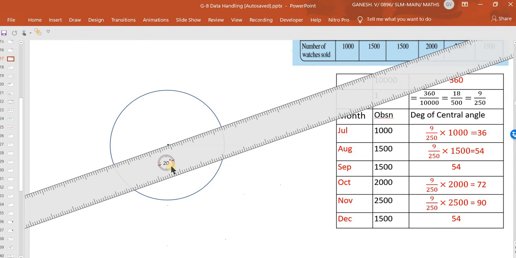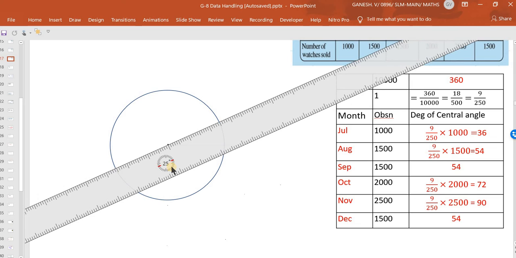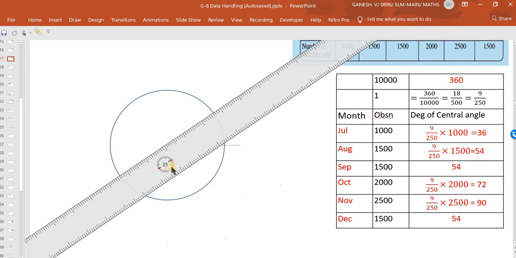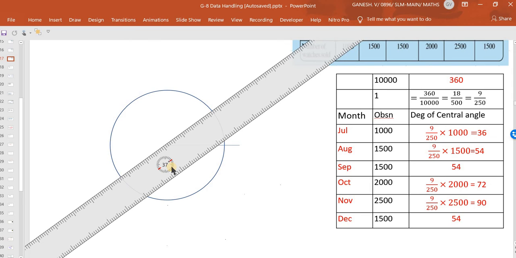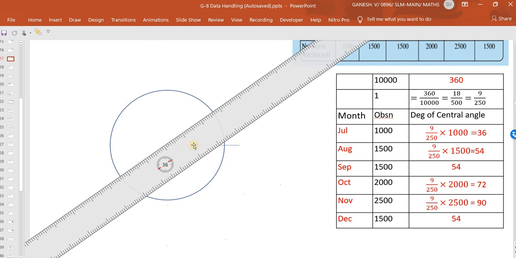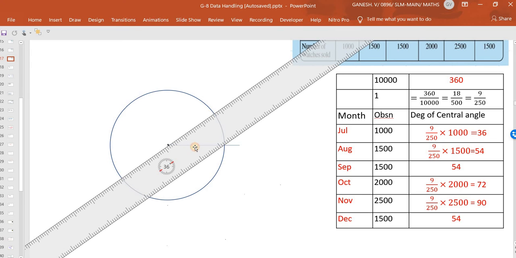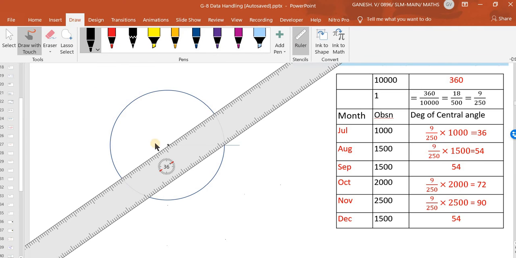The angle is increasing as you can see. Now the angle is 28 degree 31 as I rotate it using the mouse. Now it is 36 degree. There's a roller button in that, so using that I have made it rotate. Now it is 36 degree and I am going to join the center to any point on the edge of the scale and the line to be drawn. I'll use the same black pen.